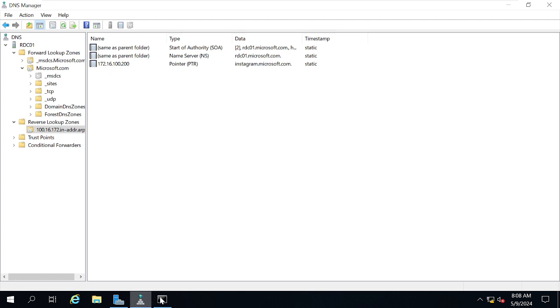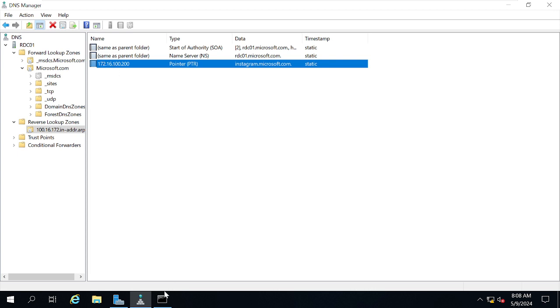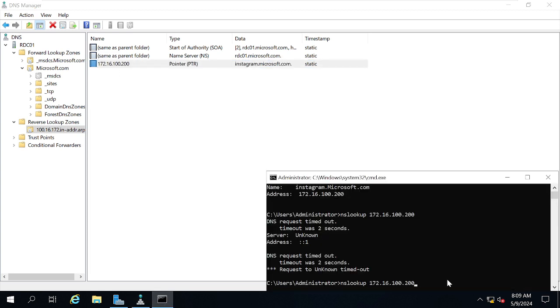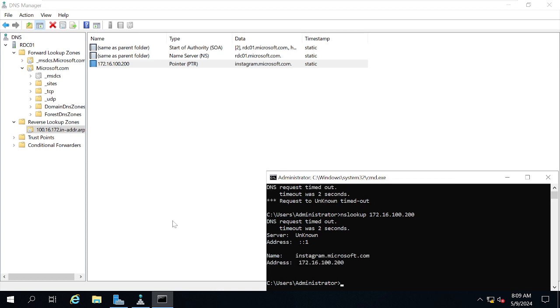172.16.100.100. Now if you type this one, nslookup 172.16.100.200, you see 172.16.100.200 is there. Now it is searching with the numbers. What happens when you hit nslookup 172.16.100.200? It will go to the DNS and it will go to the reverse lookup and look for the entry called 172.16.100. Yes, inside this primary zone, it will look for this IP address 172.16.100.200.